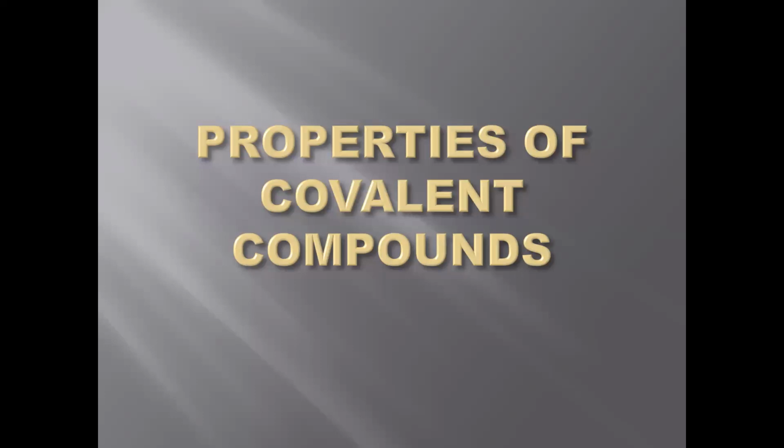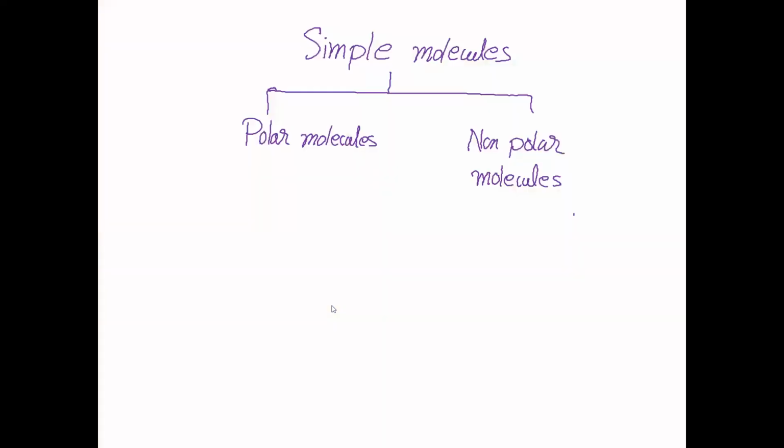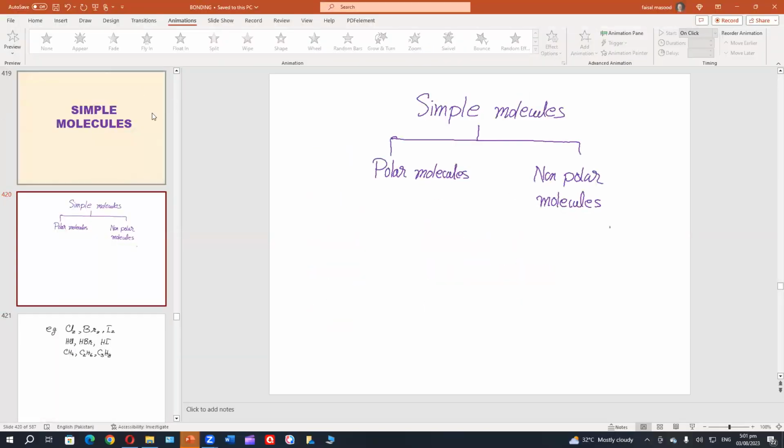Now, properties of covalent compounds. Covalent compounds are classified in 2 forms: one which are called simple molecules, and one which are called macromolecules. These are the 2 main types. Simple molecules are polar molecules and non-polar molecules. Now, after giving the heading,